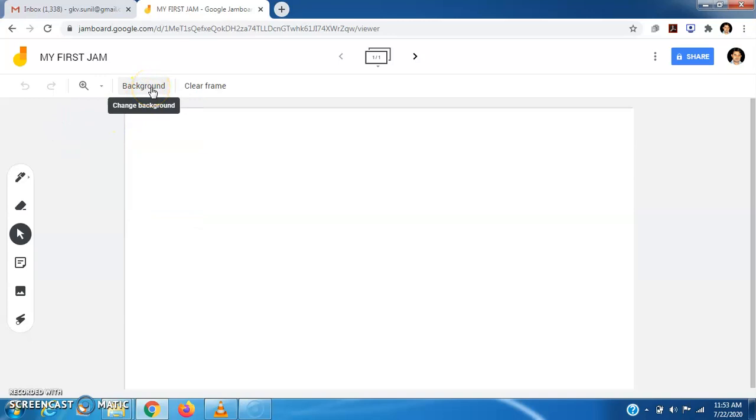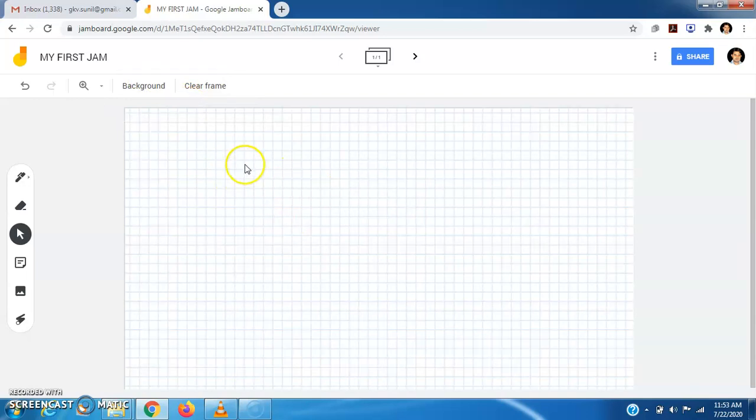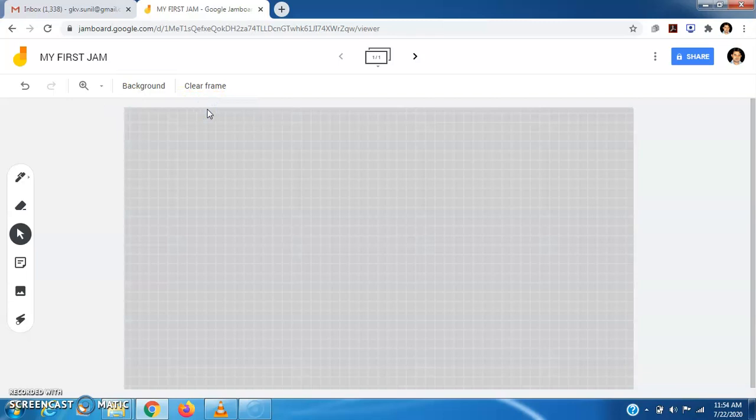Now if you want to change the background of our jam, then we can do that. If you want to use dots, then we can choose this. We can use the grid structure. We can also use this if you want.